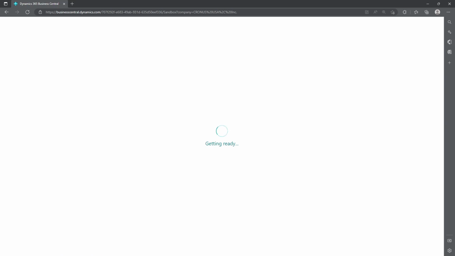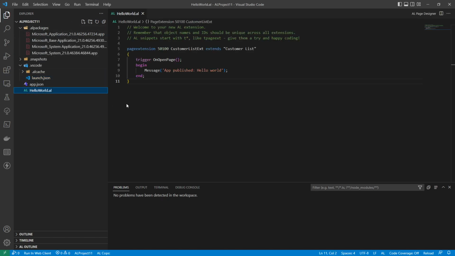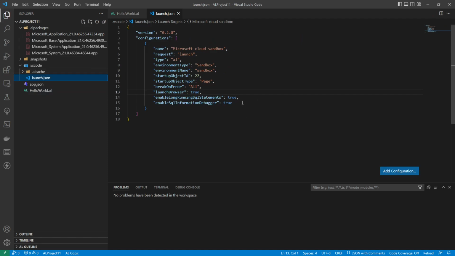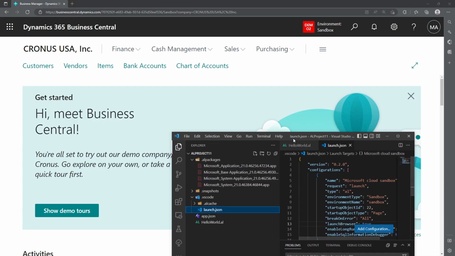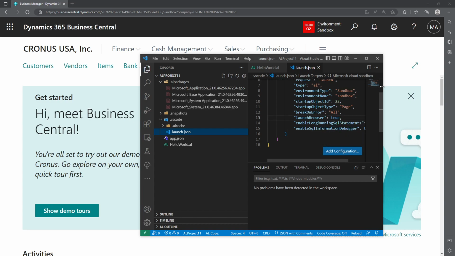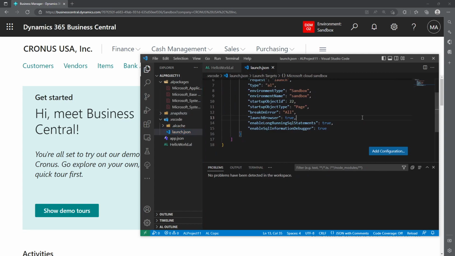So what I've already done is create a VS Code project. The symbols are downloaded. This is a standard sample snippet from Microsoft around the customer list extension, which is part of this. And then in the launch.json, it is pointing to my sandbox. Now, what you can do during the debugging process is come to your launch.json